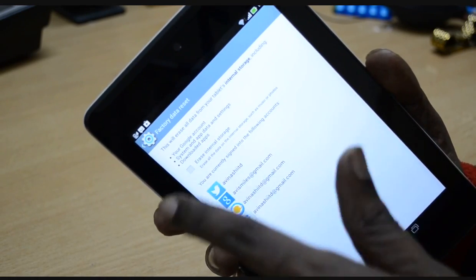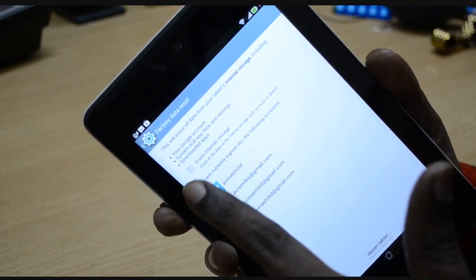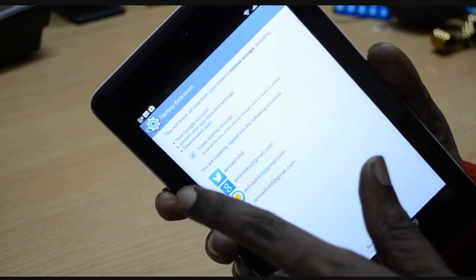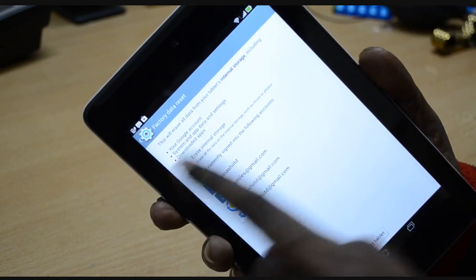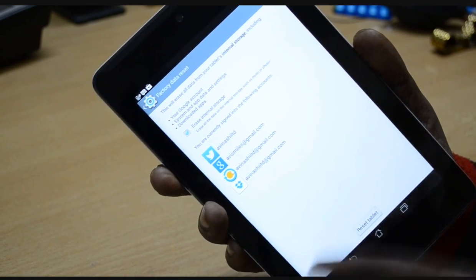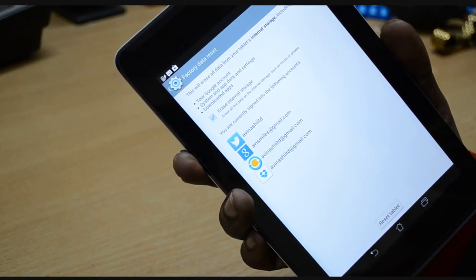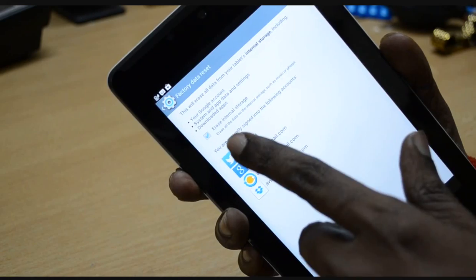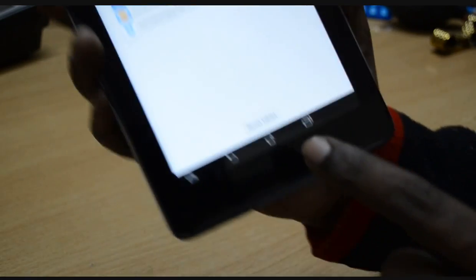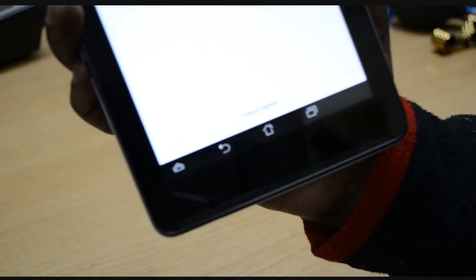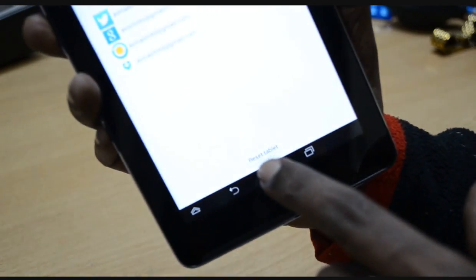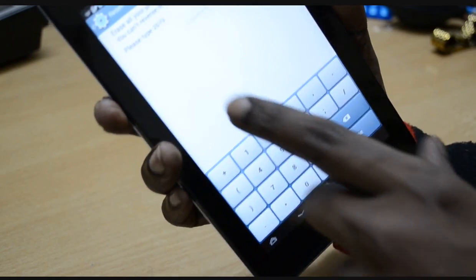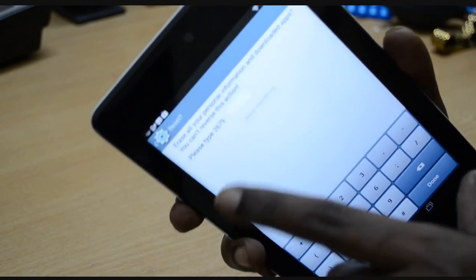If you want, you can choose to deselect it, but I'm not sure how much of your data remains even if you deselect this option. The best option, even though, is to select this and erase everything, so that you get a device just like a new one, right? We'll select this erase internal storage also and click on the reset tablet button, right? Here it is. At the bottom of the screen, you'll find a reset tablet button. We just selected it. It will ask you for confirmation.